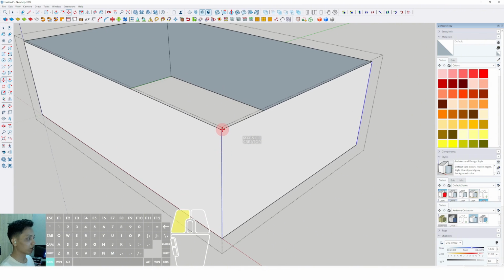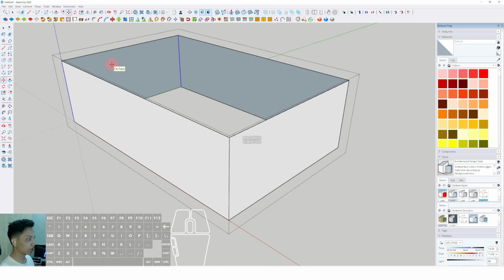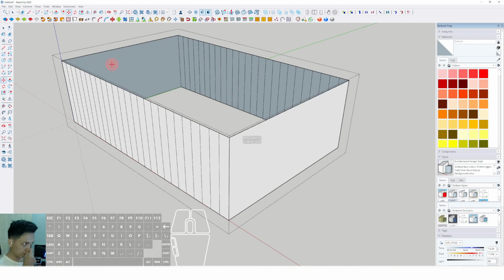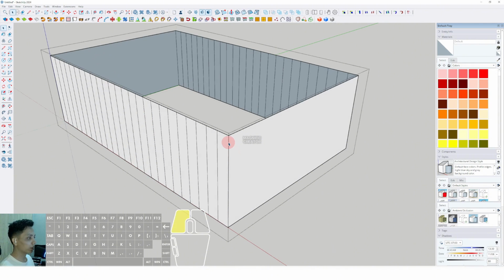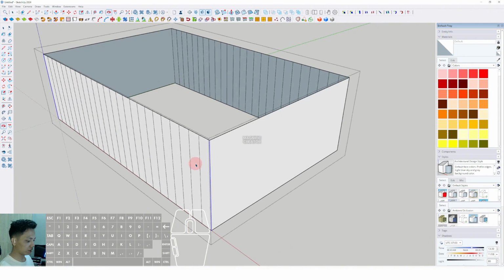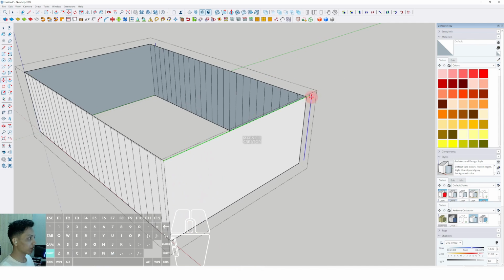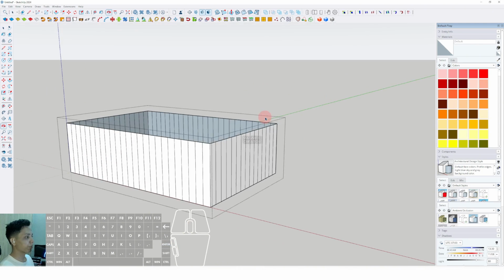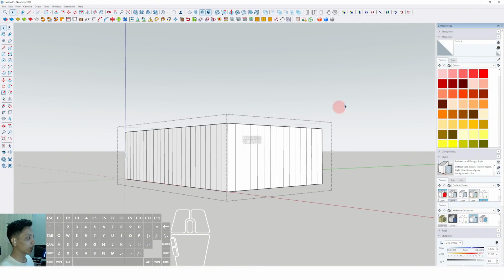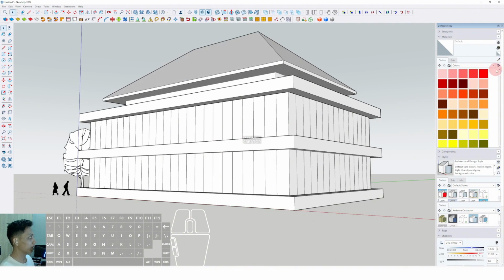We can select move, press Ctrl and place to this position, and then we can type 25 slash and enter. Okay, then we can click this vertical line. Then we can select move, press Ctrl and place to this position. Then we can type 15 slash and enter. Okay, then we can see the vertical arrangement of this glazing, and of course we can assign the materials